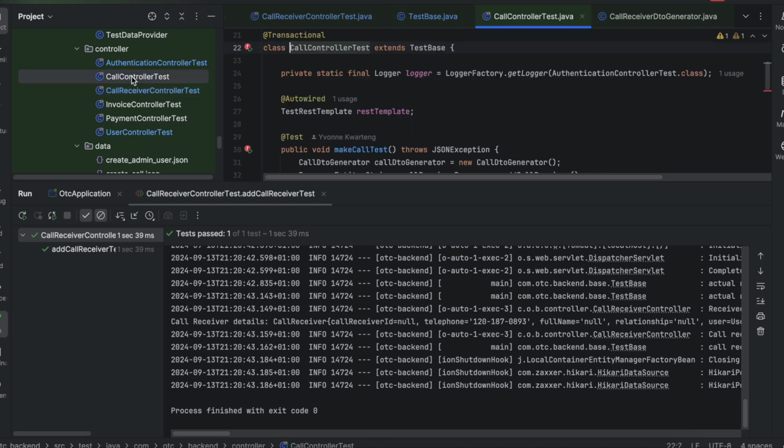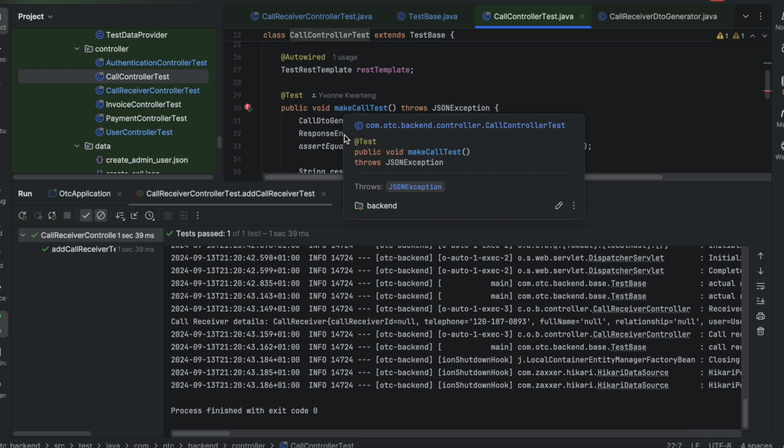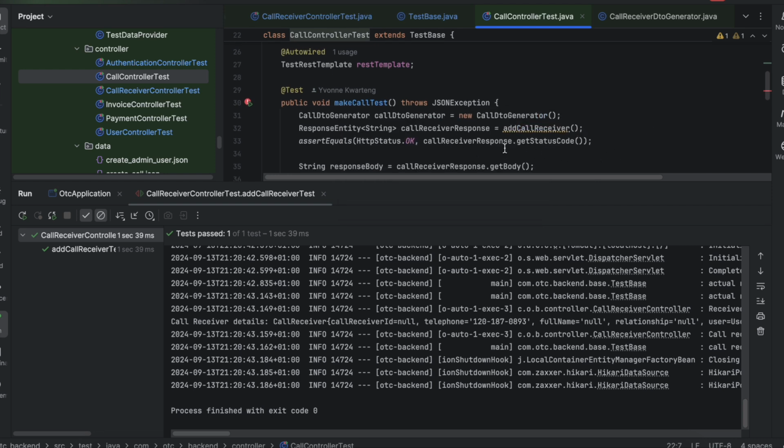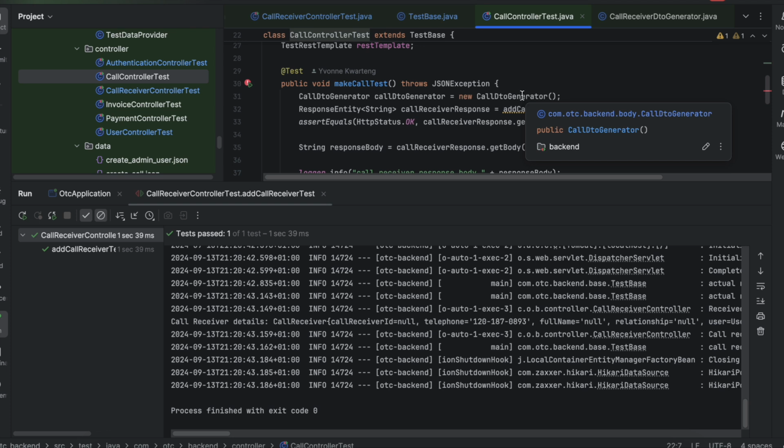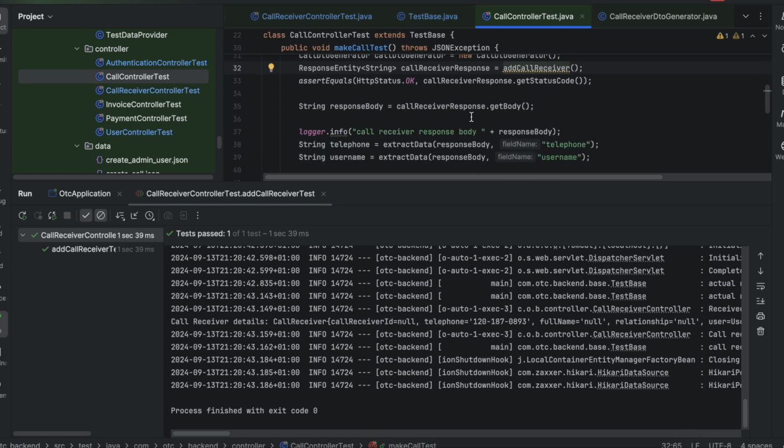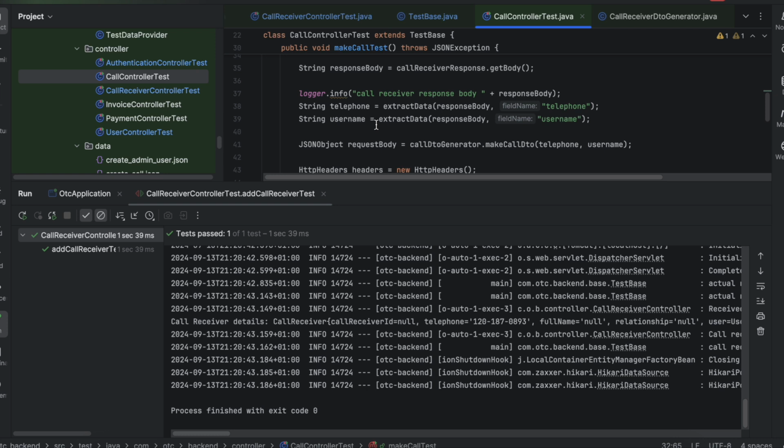So let me do a caller and see if this works. This is where we make a call, and it goes through the same process, right? It generates the call data, and it creates a call receiver, which also creates a user and all that stuff. You know how it goes. And then you get the body. We get the body of the call receiver, install it here, and we just do a whole lot of stuff. And then login for telephone number. Yeah, so we are extracting the telephone and the user name